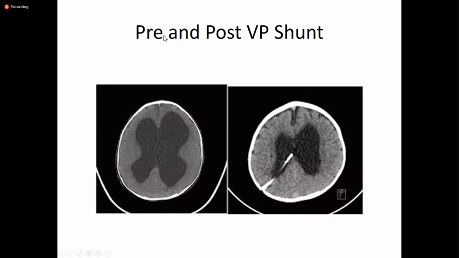You can see that the ventricular catheter is in place, and if the CSF is draining down, what will happen? The sulci will become more prominent. You can see this is a very tight brain because of the raised intracranial pressure, and this is a very relaxed brain. And I have told you in the previous slides that to pick up the signs of raised intracranial pressure, there are 4 things: sulci, Sylvian fissure, basal cisterns that I have told you.